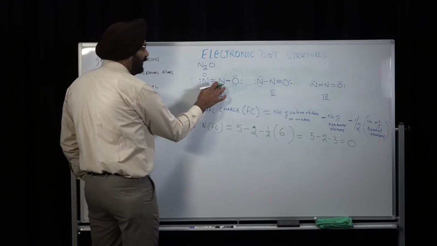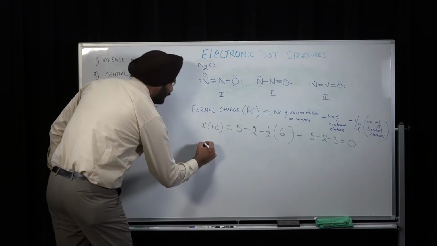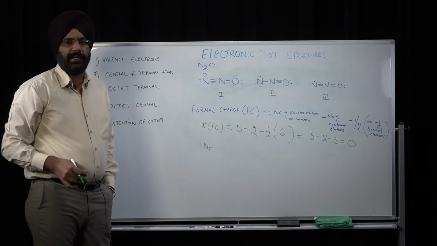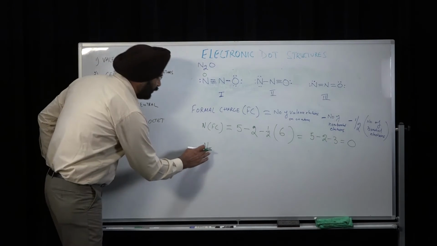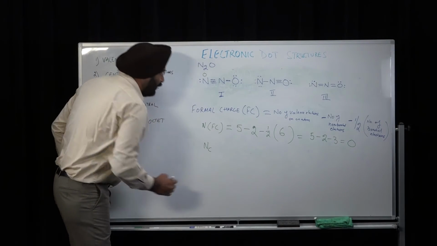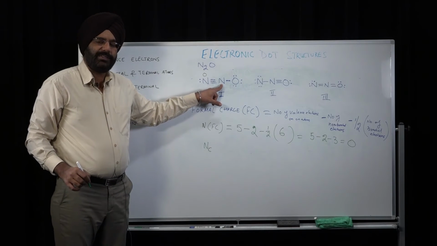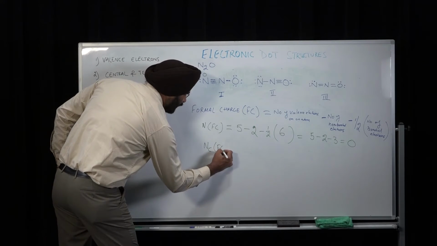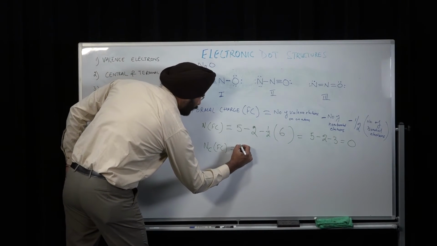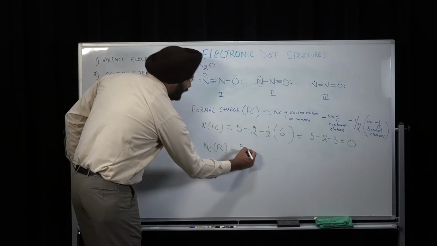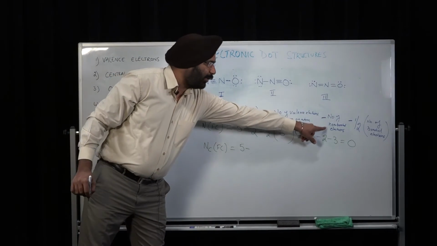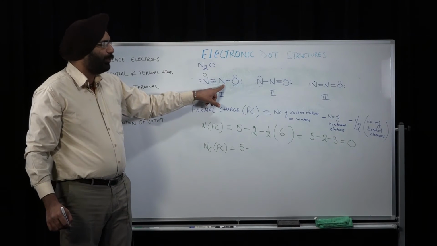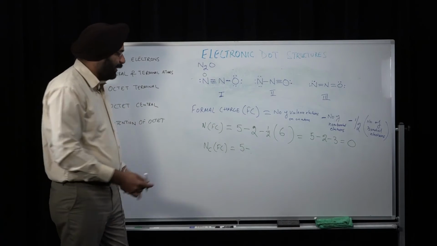Okay? So let's calculate the formal charge for the central nitrogen atom. For clarity's sake, I'm writing C as a subscript here, to demonstrate that I'm talking about the central nitrogen atom. So what is the formal charge on it? Again, the number of valence electrons is 5 minus the number of non-bonded electrons. If you see on this nitrogen atom, there are no non-bonded electrons. There are no lone pairs here. So it is 0